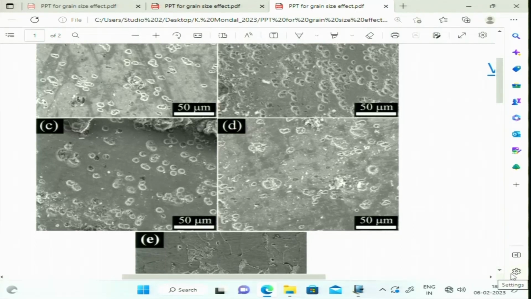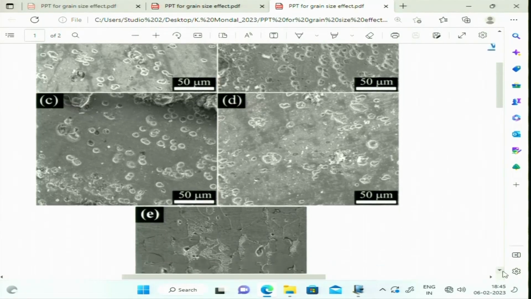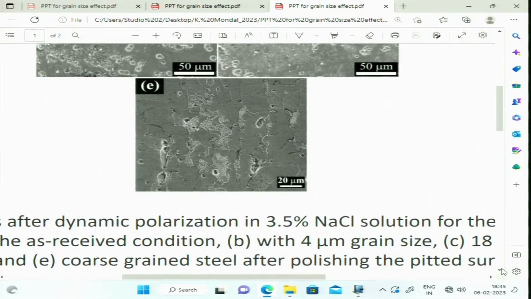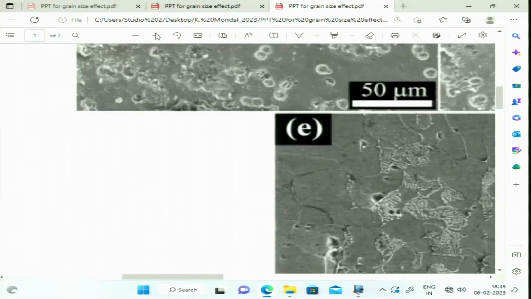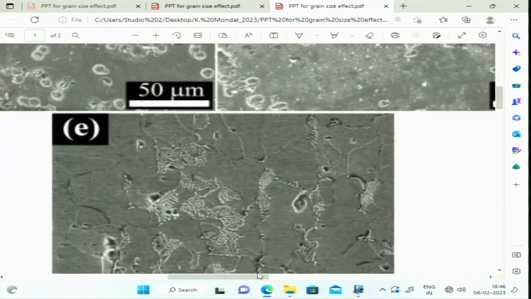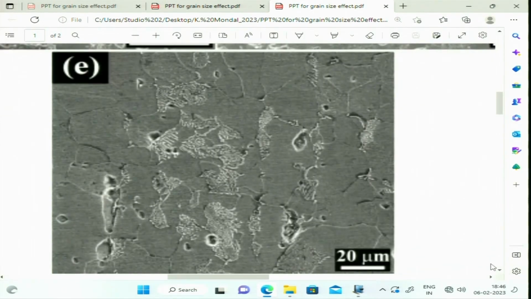Now, we have to see whether the attack is actually happening at the grain boundary. So, for that what we did, we have taken a coarse grain material, which has a grain size of around 34 to 35 micrometer. This is the surface we are talking about now. Now, we could see some of the pearlites. If you see this cursor, these are the pearlite. These are the pearlite, and of course, you will find pearlite in case of 0.1% carbon steel, which is definitely mild steel,